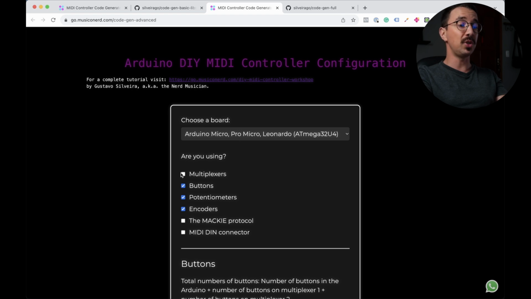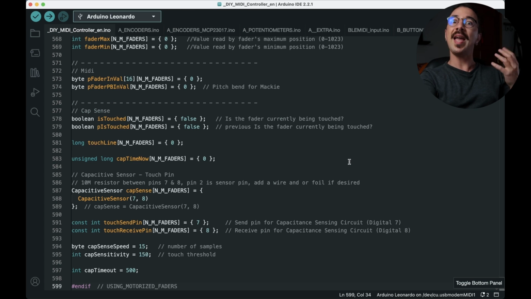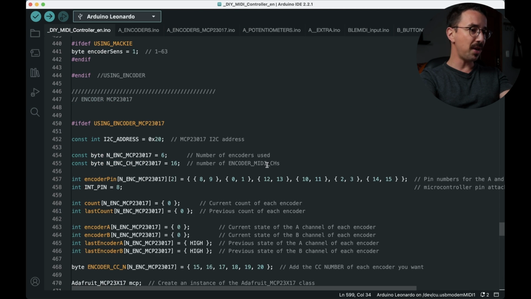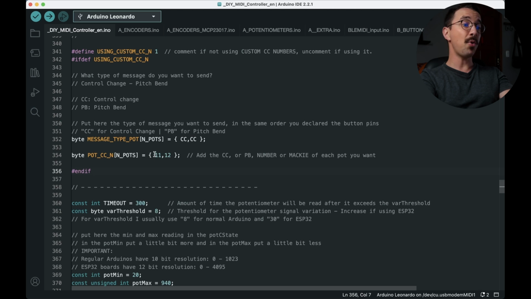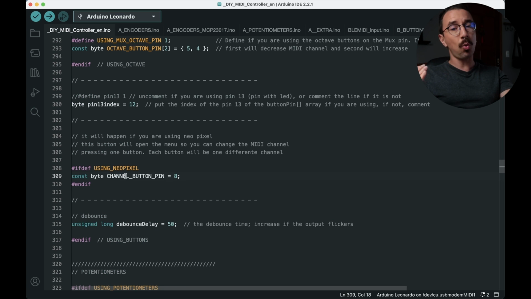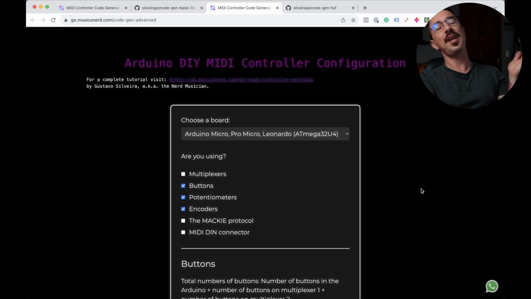For example, how to use multiplexers, the encoders, how to use MIDI DIN connectors, and there's many other things I want to edit here, and I will update this platform as I update the full code, since I am always updating when I have something new to add there. So as I mentioned in the video, the way I usually teach is that you come here and you just change some numbers. For example, here you can change the control change you are sending with your potentiometers, so that is quite easy already, but now with this editor it's even easier and faster. I always try to make what I wanted to have when I started.